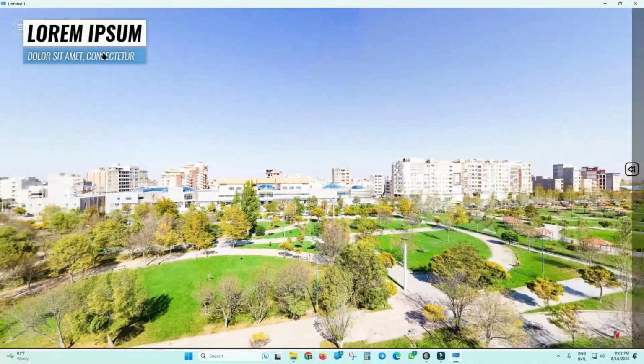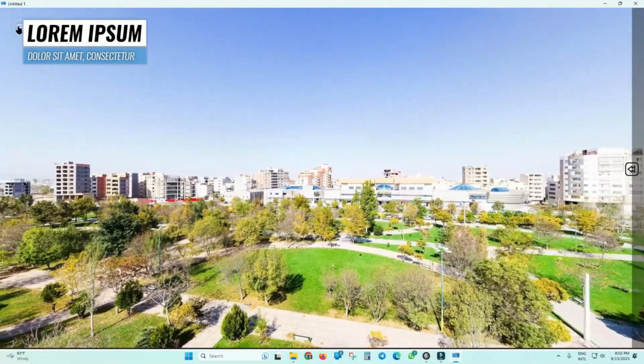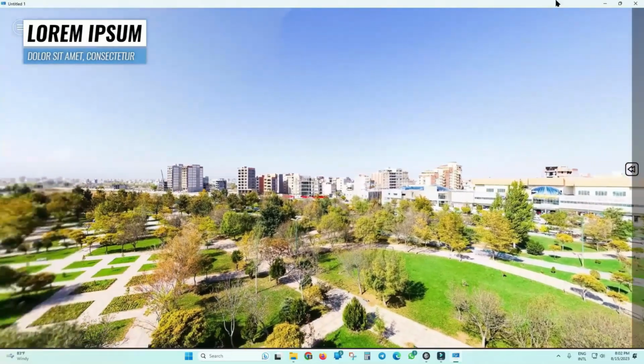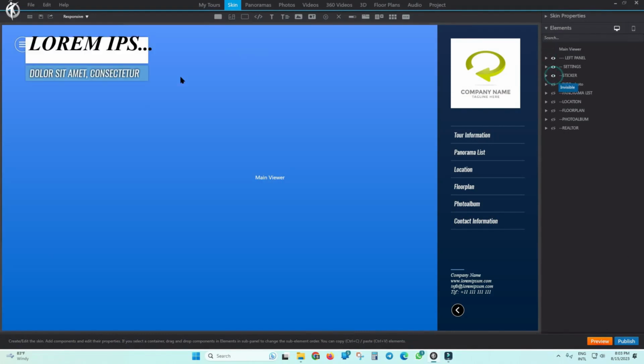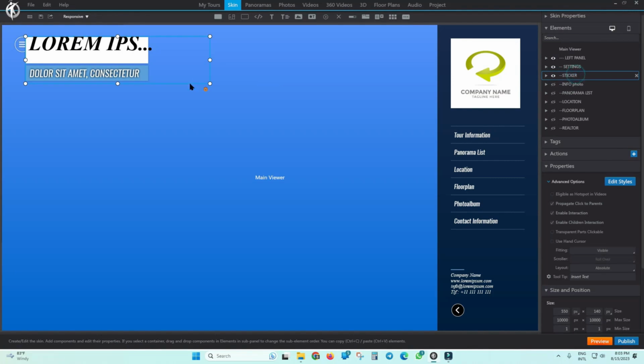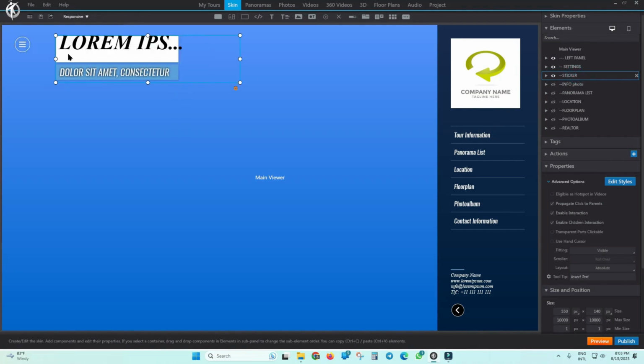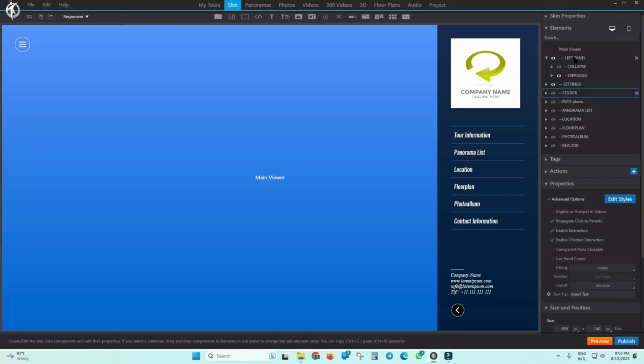Just notice here that the sticker has overlapped with the settings button. We'll move this forward a bit. Where is the sticker? The sticker is hidden here by default. I'll show the sticker, select it, and move it forward a little so it's not on top of my settings button. Then I'll go back and hide it again. Let's continue with the rest of the process. Alright, it goes back into the left panel